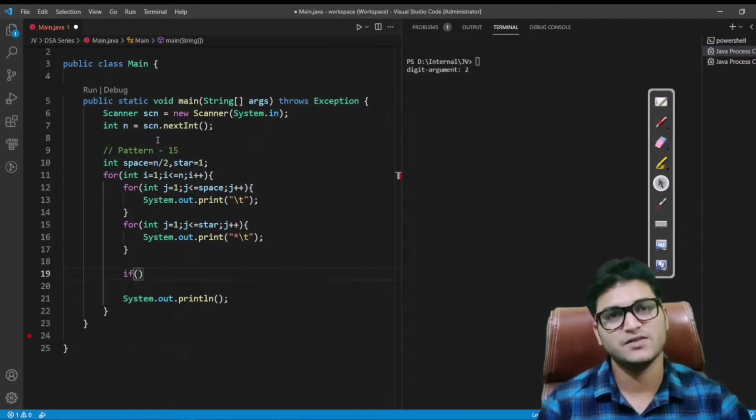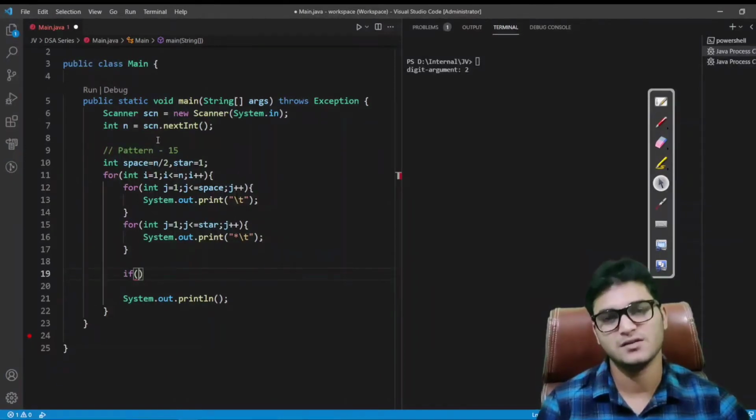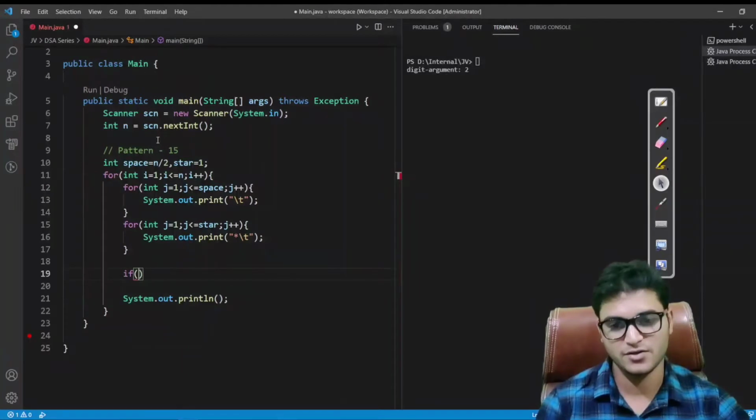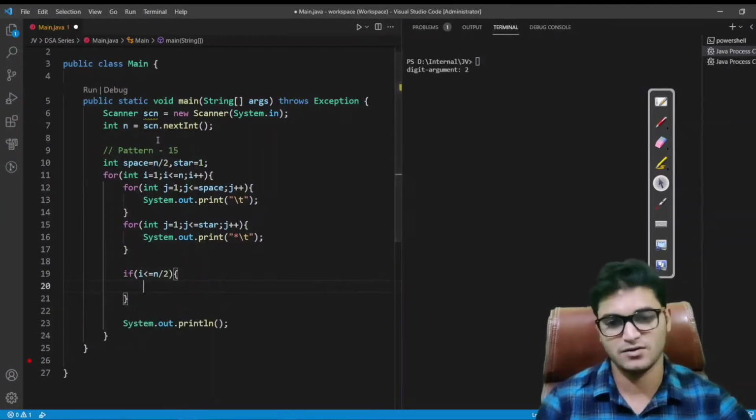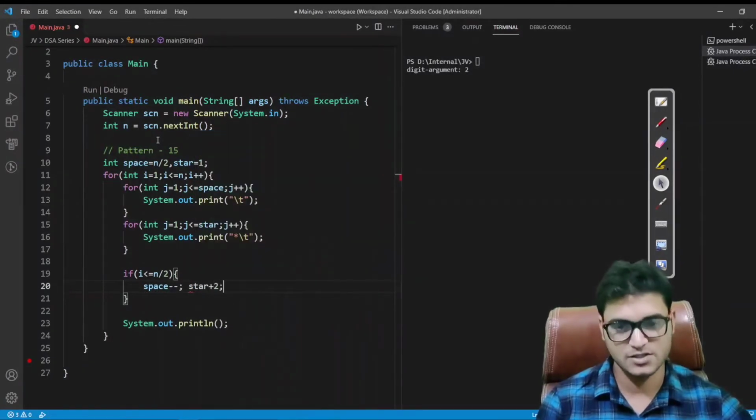This is the section which I have already covered in my previous video. So if you are finding any difficulty understanding this, then I would recommend you please go and watch my pattern 5, so that you do not have any issue. So for the first half, i less than or equal to n by 2, we have to decrease the space value by 1, and we have to increase the star value by 2.